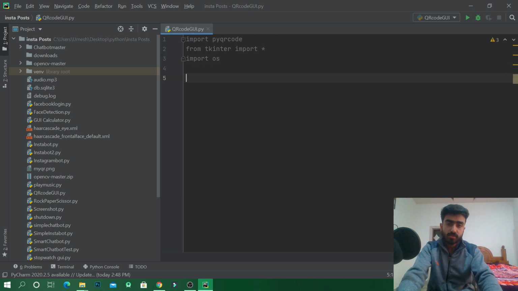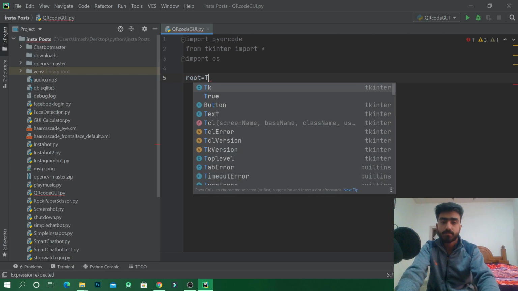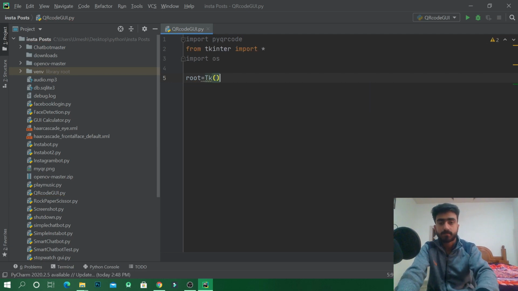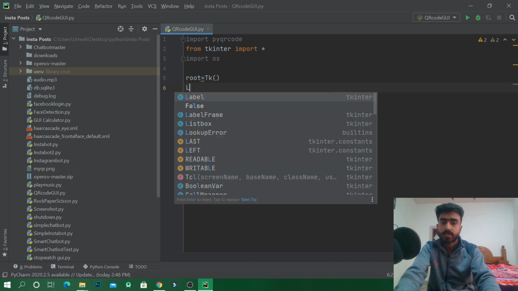So the first thing we will do in this program is create a basic GUI for our QR code generator. GUI means graphical user interface. We'll create an instance of Tkinter. We'll create a label.